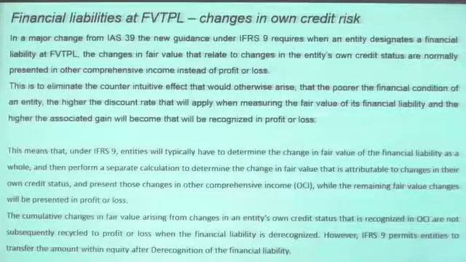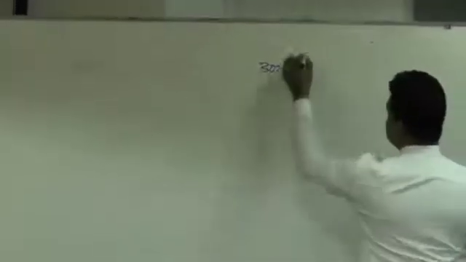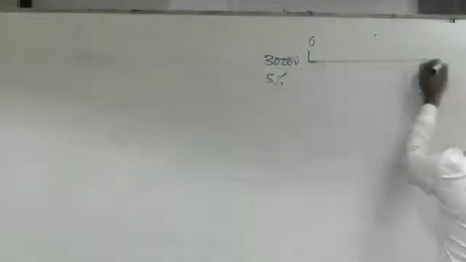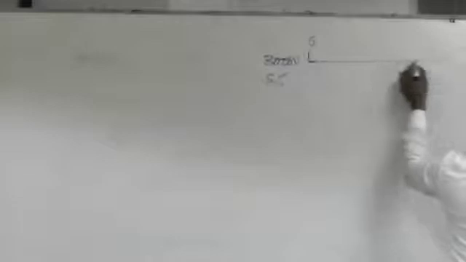Assume you have a financial liability. You issued a bond, 30,000 worth of bond at year 0. That means you collected cash. You agreed to pay 5% interest per annum and redeem at par, right? After 2 years. At the end of the first year, you are required to pay 1,500 interest. At the end of the second year, you are required to pay 1,500 interest and you will pay the 30,000 capital also, right.